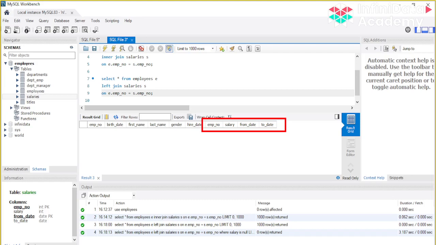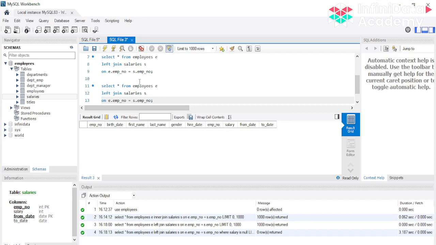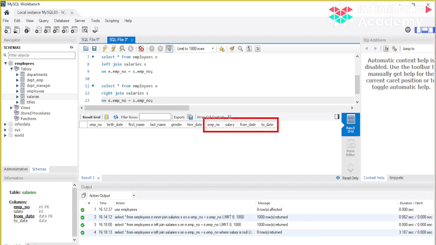And in the same way we have another join, that is your right join. So in the case of a right join, the syntax is basically the same. Instead of left you just have to write right join. The only difference will be that if some employee's salary is present in your salaries table, but that employee's details are by chance missing in your employee table, then in that case these four values will be present in your output result set, right?